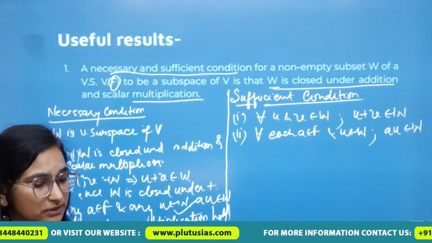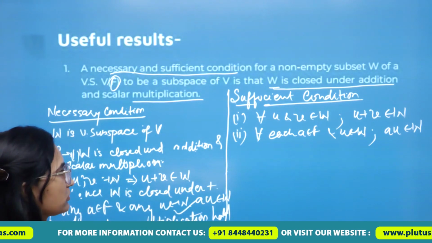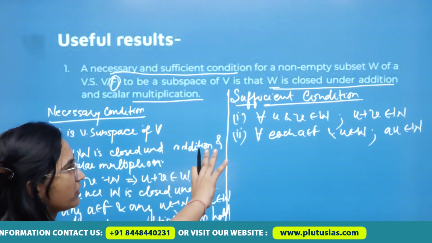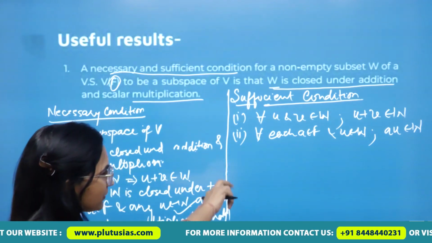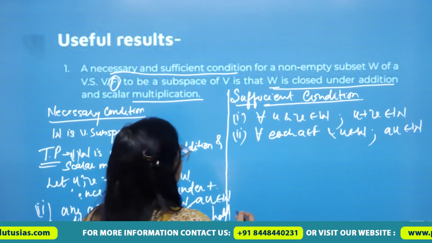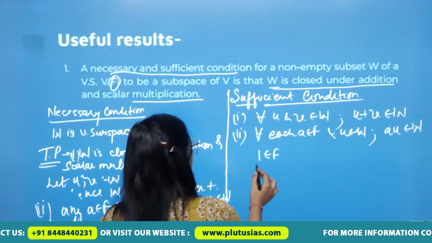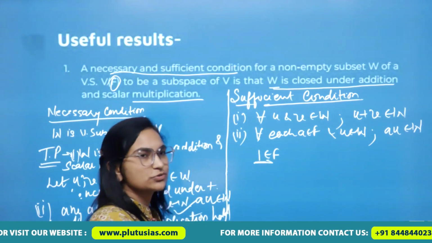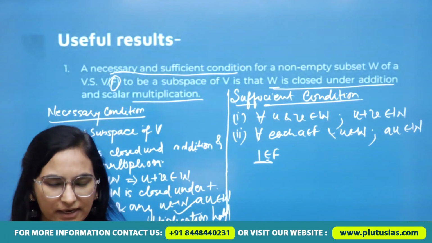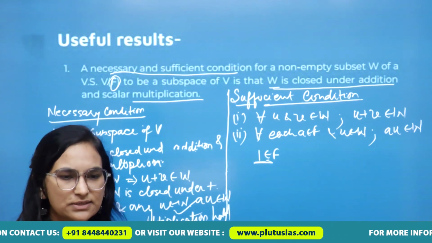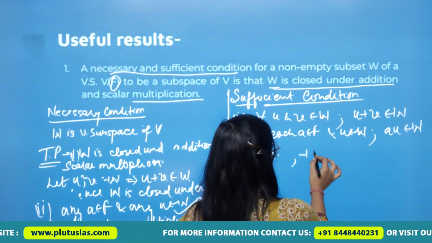Now we have to prove that this is closed under vector addition. What do we have? We have a field F, we have a vector space. No, we don't have the subspace W because we have to prove it. But we have 2 conditions. If we have a field, then in a field there would be a multiplicative identity, right? And the multiplicative identity 1 belongs to F. If 1 belongs to F, then minus of 1 also belongs to F, right? Because F is a field and every non-zero element of a field has its additive as well as multiplicative inverse. So minus 1 would also belong to F.